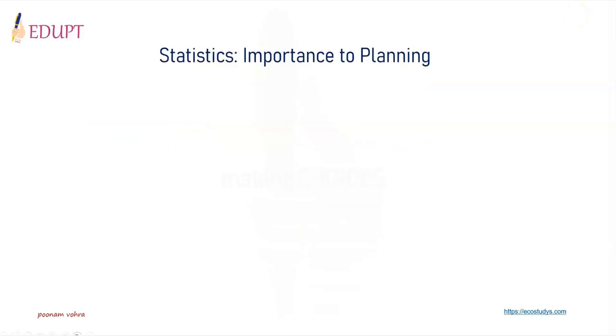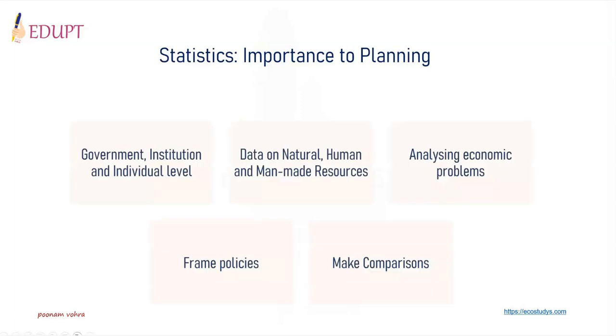Statistics is very relevant for planning simply because planning involves the fixation of targets and priorities. Targets that are fixed need to be achieved within a specific period of time. And it will be possible only when data are available. Statistics helps in planning at the government level, institution level, and individual level, simply because planning is based on the